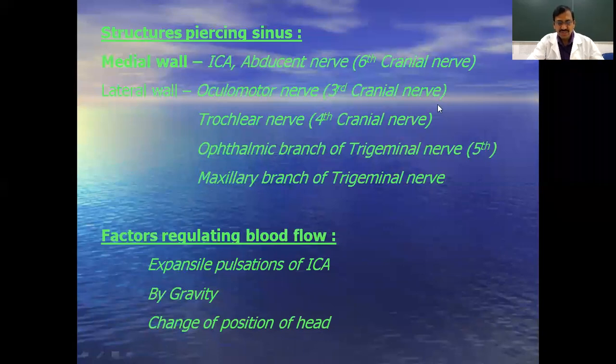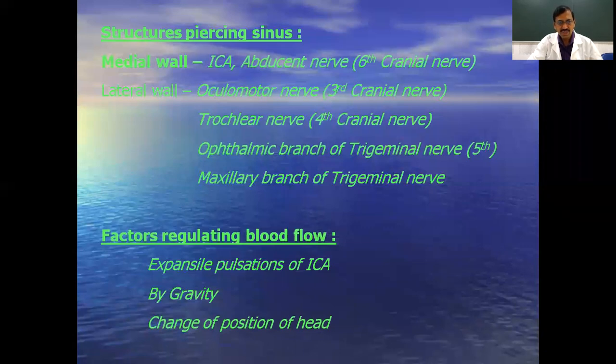Okay, that is the topic related with the cavernous sinus. Name the dural venous sinuses, that is paired and unpaired dural venous sinuses, and write in detail about the superior sagittal sinus or cavernous sinus. This is a very, very important question. Among the dural folds, that is the falx cerebri and tentorium cerebelli, these are the two most important short answer questions.